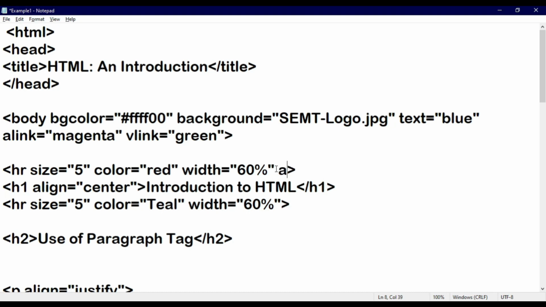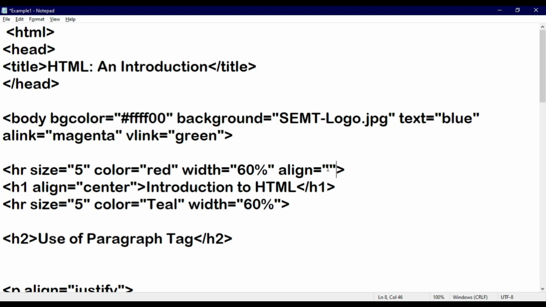Now next is the align attribute, which in the previous video, and also in the first chapter, I told you is considered a universal attribute which can be used in many different tags.